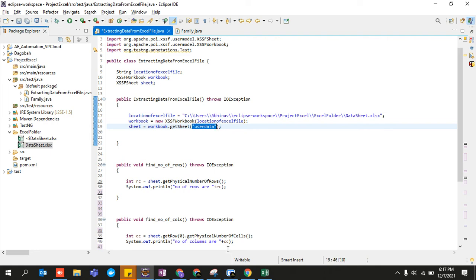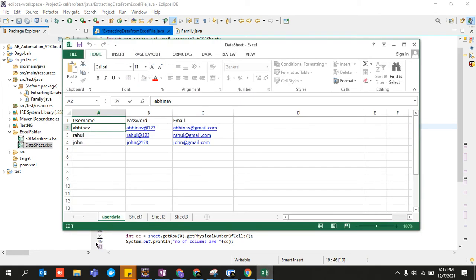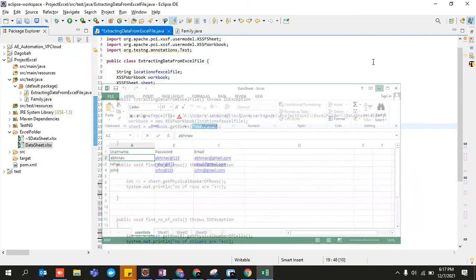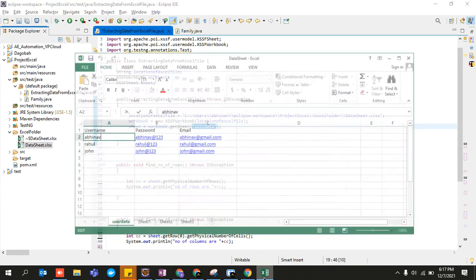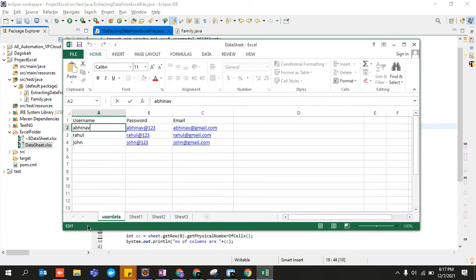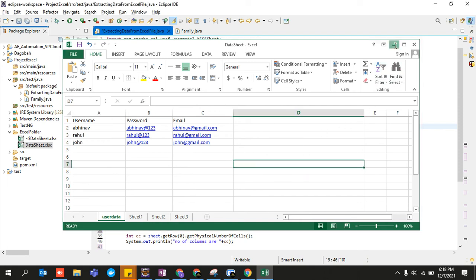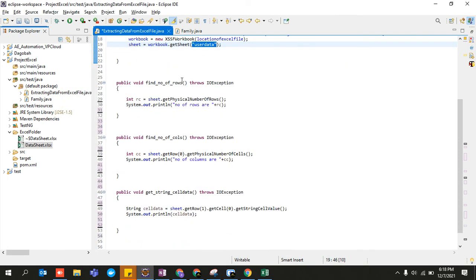Every time I'm exactly telling everyone that user data is on the user data sheet, which means that anybody who can look at my code can get access to this particular thing, and they can go and find the entire user data, or sensitive data, or it may be PHI data from this sheet. They can easily get access because they know the location where it is. This is the reason why we generalize it. We write the code in such a way that nothing is being passed over here, but still it will work. How it will work, I'll show you guys.